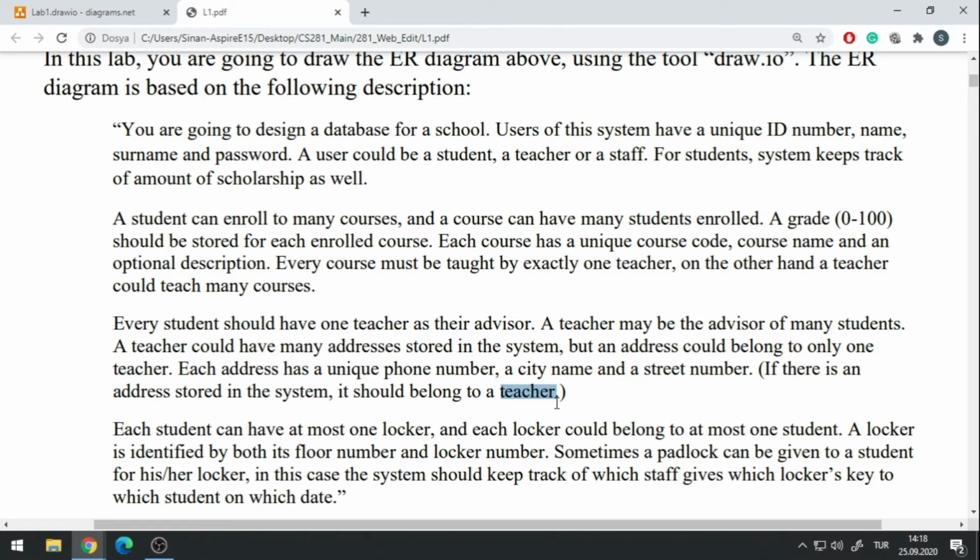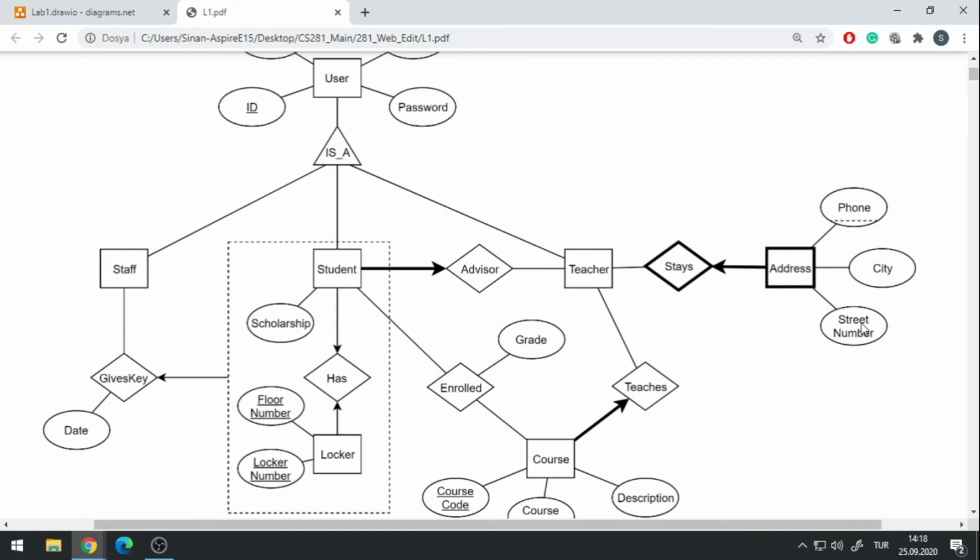To make a weak entity example in the given ER diagram as well, it is like this. And based on the description, you might not make it a weak entity. There is no explicit definition saying that this should be the weak entity. But I can make some assumptions and adjust my